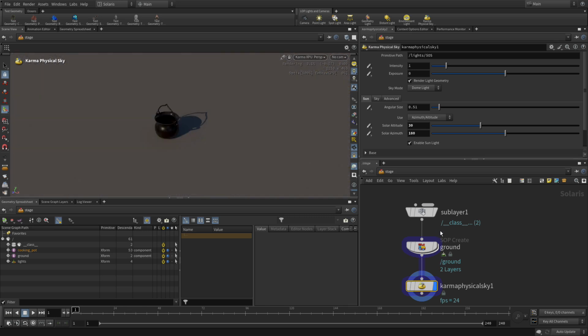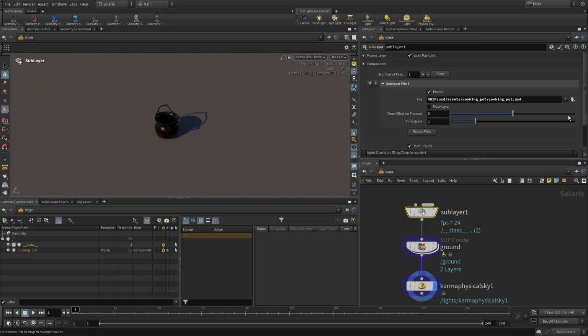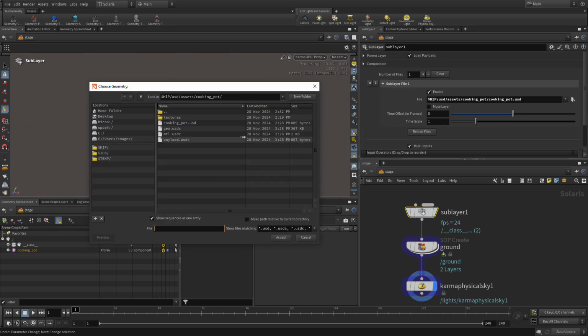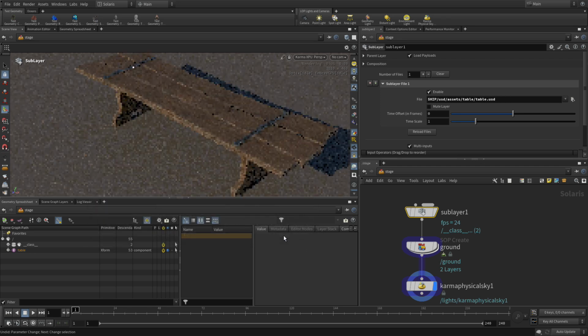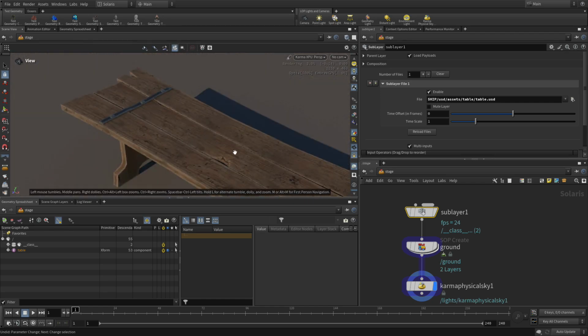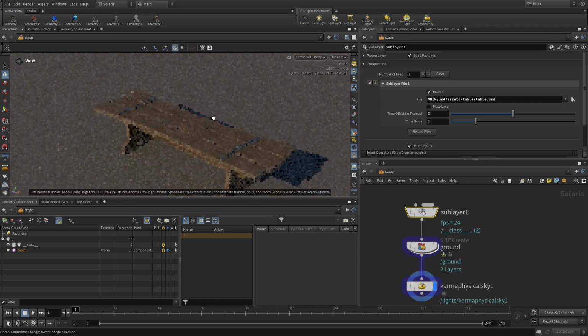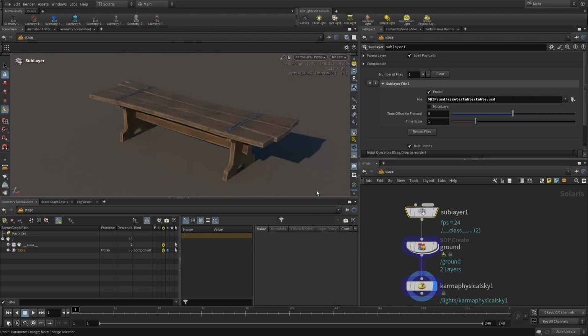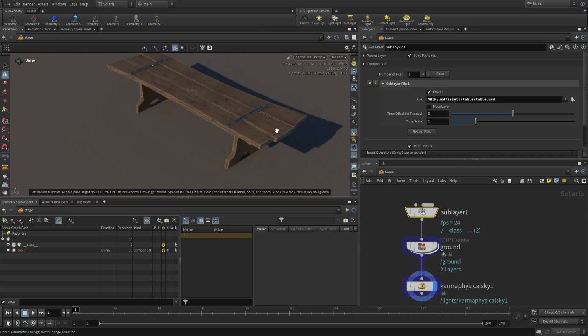and all we're going to do is set the current physical sky, go to the sublayer. Okay, so we're going to go up. We're going to pick table, and we accept that. And there we go. So now we can zoom in, and we can feel it, and there we go. We've got the table set up as a proper asset. Now, once we have assets like this, one of the things you can do is